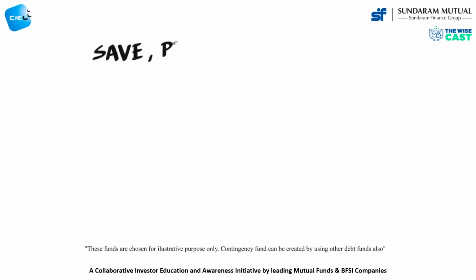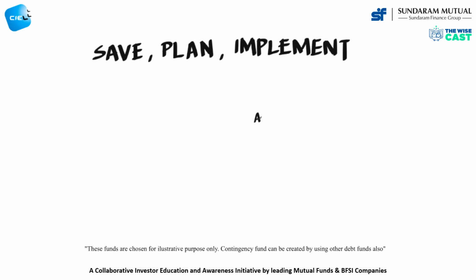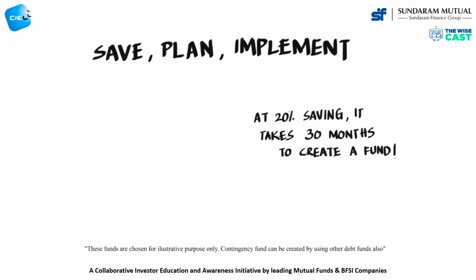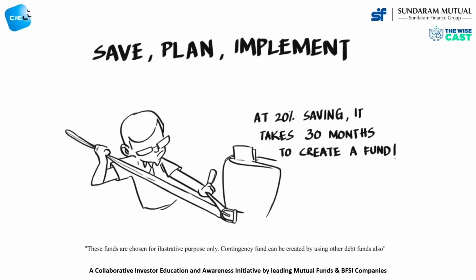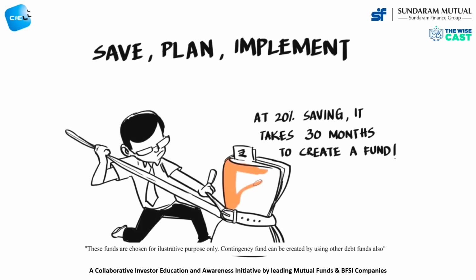Next, we start building a contingency fund. If we only save 20% of our income every month, for a contingency fund of 6 months of income, we will need 30 months to get there. To create a contingency fund faster, tighten expenses, invest lump sums such as bonus and incentive, and top up whenever possible. An increase in salary can be used to create a contingency fund faster, before being used to enhance lifestyle spending.